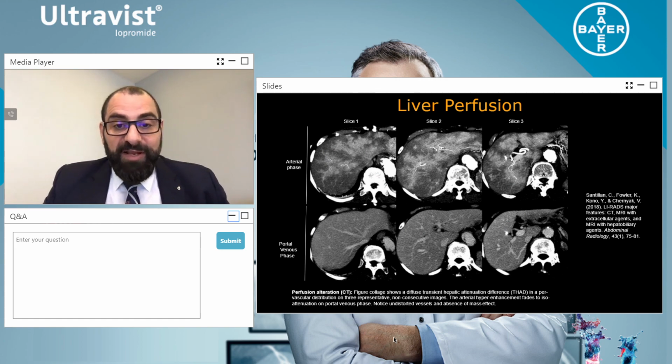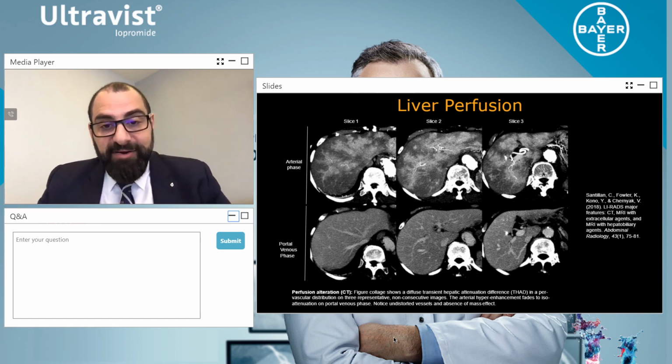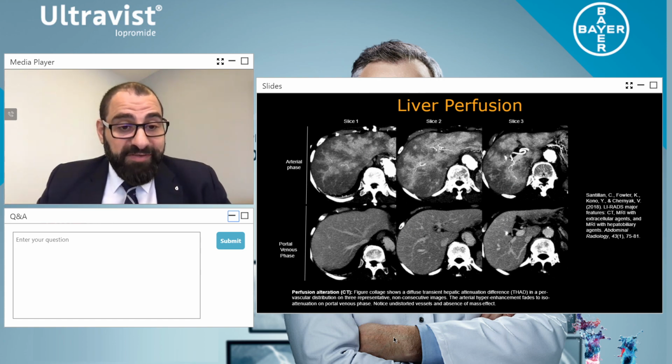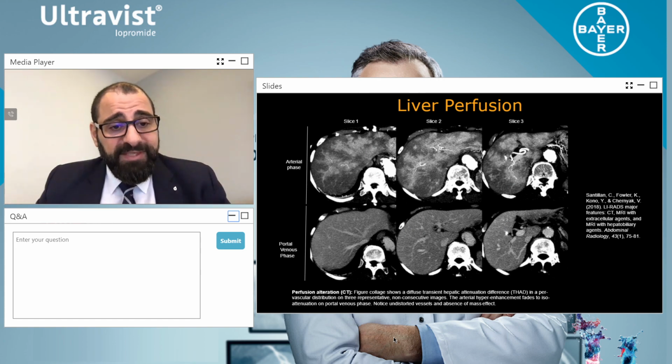So normally in the arterial phase, if you look at the top line here, you see that, oh my goodness, this looks like there's a lot of lesions within the liver. But in actual fact, you actually had to do a venous phase scan unnecessarily, and it showed there was no perfusion deficit. This is because your patient is dehydrated, they've used a dimer as a contrast, and also, and this was a paper that was published in LIRADS, and also we never used saline to keep the contrast pushing through.